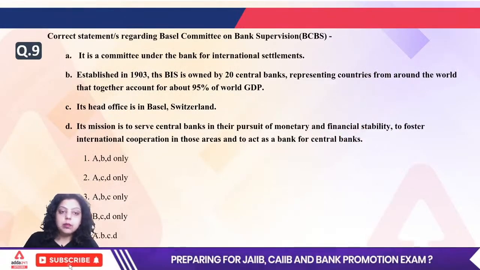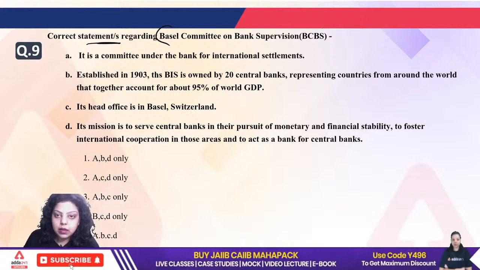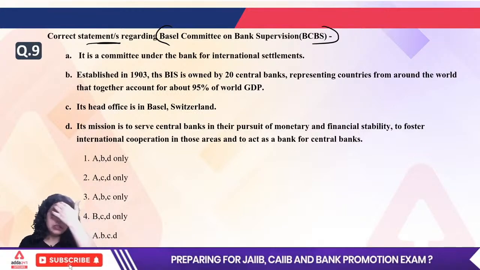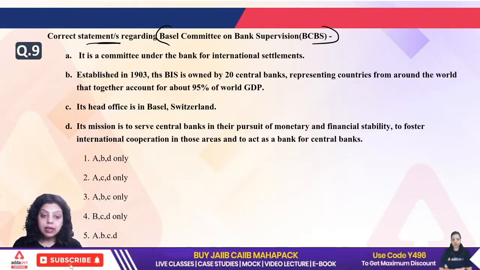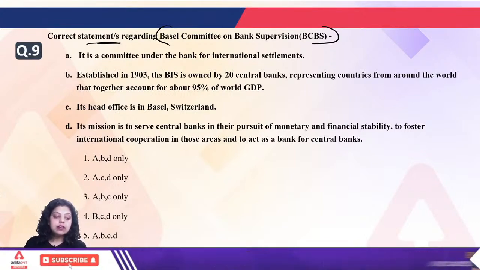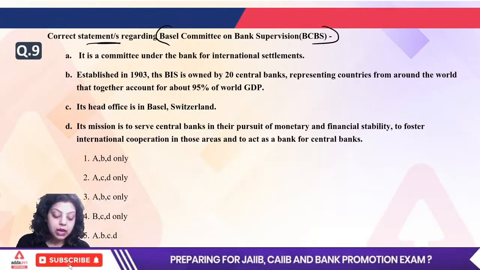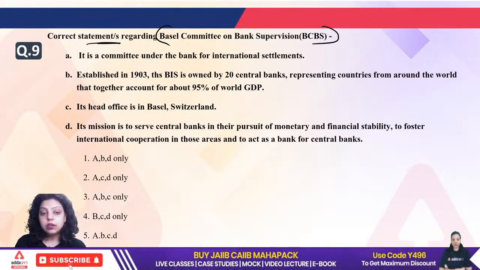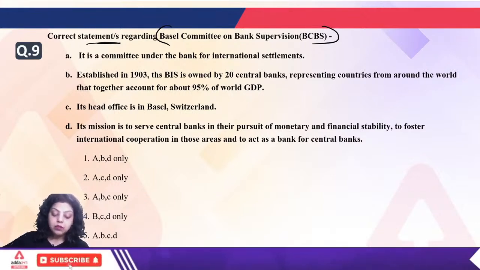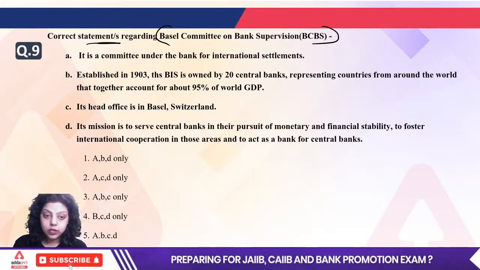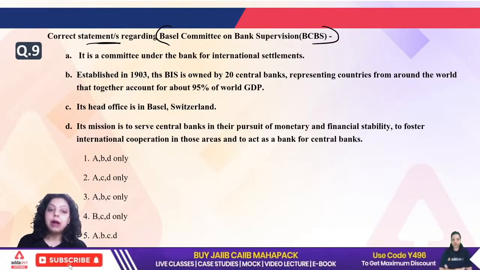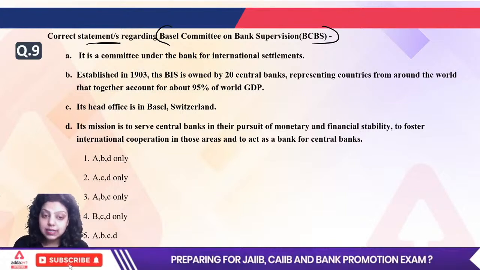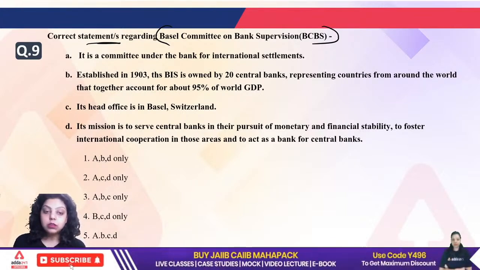Now let's move to the 9th question, which is asking about the correct statement regarding the Basel Committee on Banking Supervision. As we have discussed, the Basel Committee on Banking Supervision was introduced in the year 1974 by 10 countries' central bankers. They participated in the meeting which happened in the city of Basel, Switzerland, in which they decided that because financial risk and credit risk in the banking sector were increasing, we should have international banking regulations. On those regulations, each and every bank in the world will work. So the Basel Committee was established in 1974 in the Basel meeting, located in Switzerland.